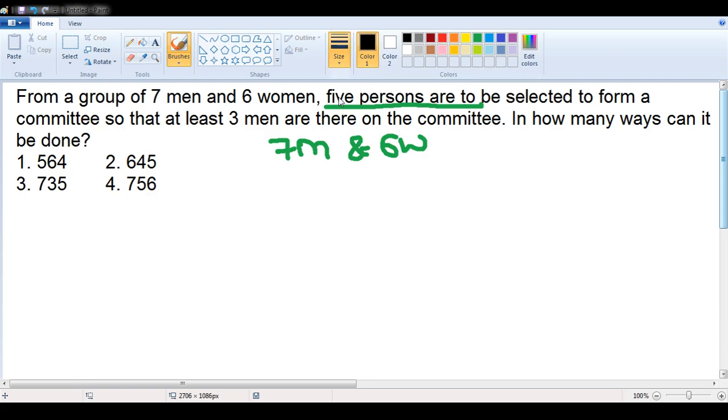But the condition is there, read the next statement. 5 persons are there. I need to select 5 people out of the 7 men and 6 women respectively, such that at least 3 men are there on the committee. That means out of these 5